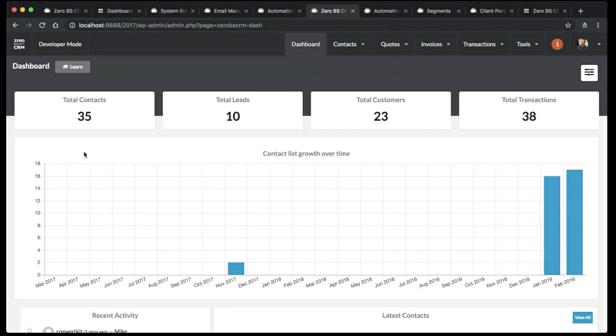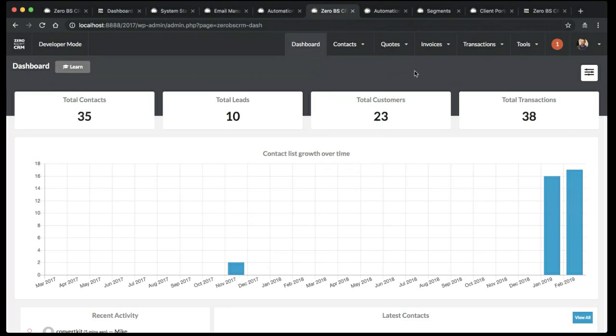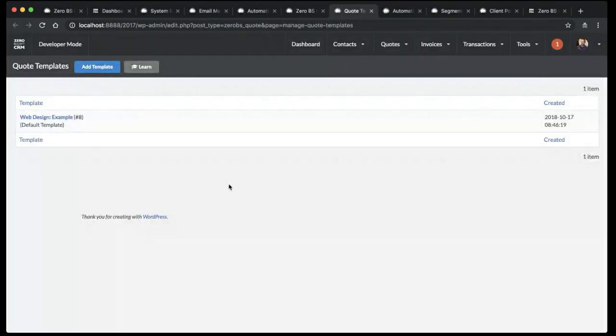Okay, so as before, this is the main area. I've been through all the contact parts. You can import through CSV or you can export contacts. And then if you go to quotes, depending on the type of business that you're running, if you're doing repetitive quotes all the time, so if you're always doing a website review, or maybe a kitchen installation, for example, if you were a construction business, then you can manage templates here. So you could add a specific template for quotes,